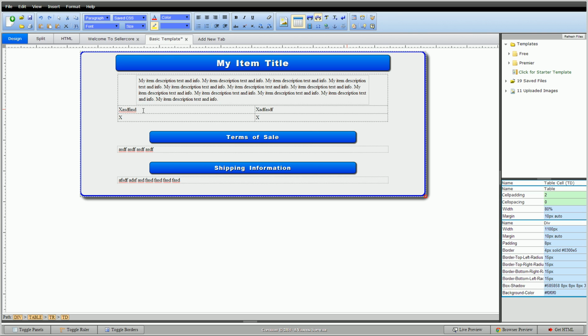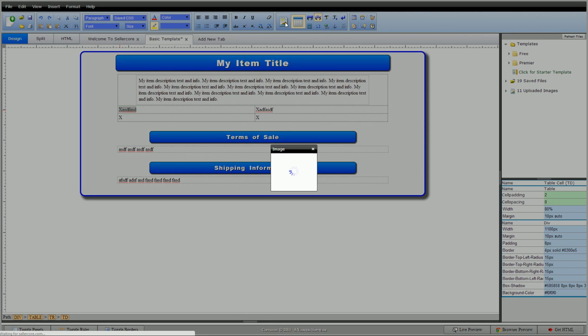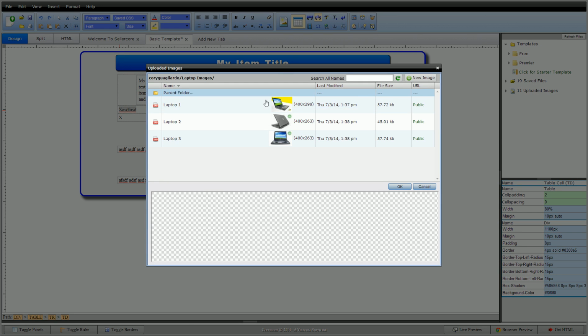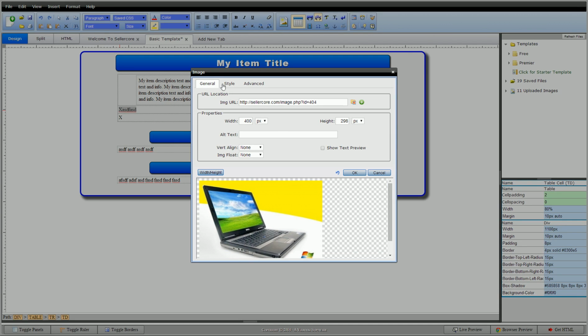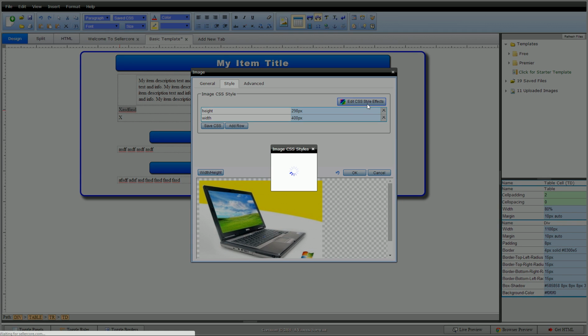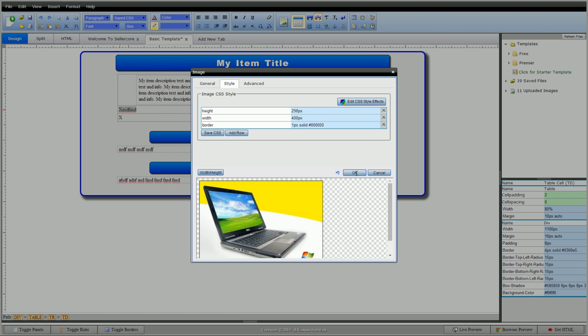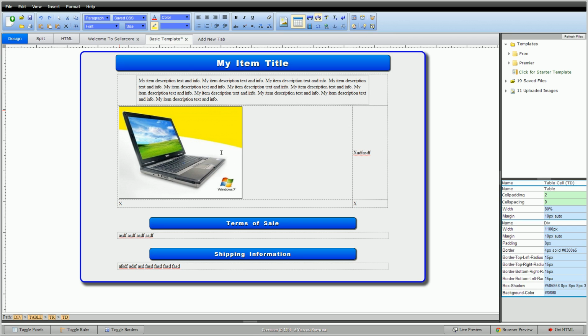So the first thing I'm going to do is I'm going to highlight over here, highlight this area. I'm going to go in, I need a picture in here. Go in there, add images, go to my laptop images, go to that one, put a little style on it, a little border so you can see it. Something very simple. It's 1 pixel. I know that 6 zeros is black. There we go. You can see where that stretched out the spacing because the image is so much larger than our text here. So if I go in and add a description for this,